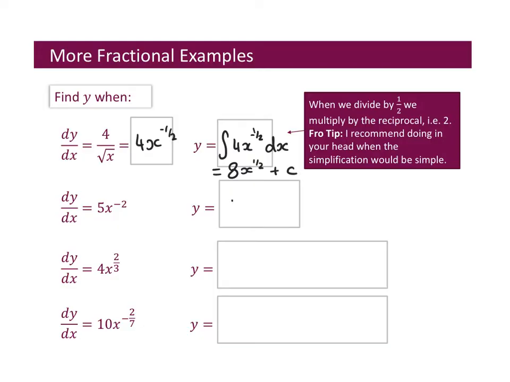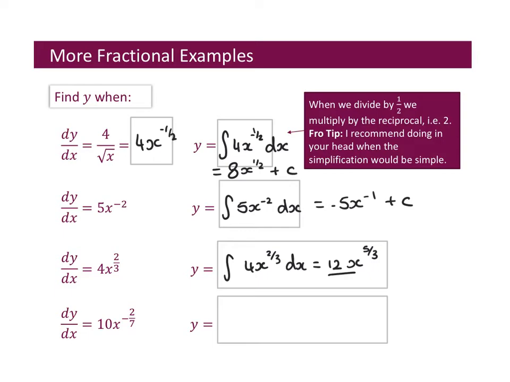For the second one, we're going to integrate 5x to the minus 2 with respect to x. So increase the power by 1, minus 1. 5 divided by minus 1, minus 5, plus c. Okay, the next one, we're going to integrate 4x to the power of 2 over 3 with respect to x. Increase the power by 1, 5 over 3. Divide by the new power. 4 divided by 5 over 3 is the same as 4 multiplied by 3 over 5, which is 12 over